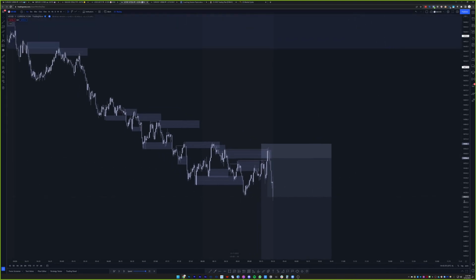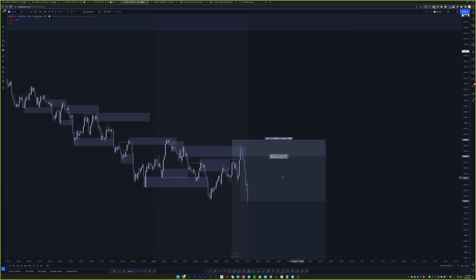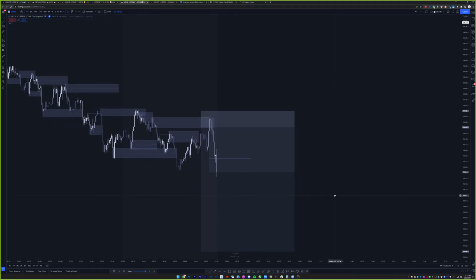Now here's the fatal error that I made. I was not paying attention. I was talking to Dan, I think, and his brother in Discord. And where did I leave my stop loss? Right here. So just be careful, guys. Whether it's PSC or whatever, make sure you don't do that, because I ended up taking 2R on this.